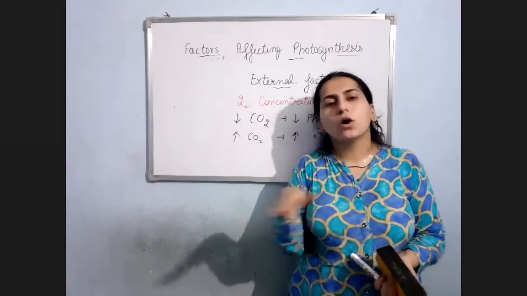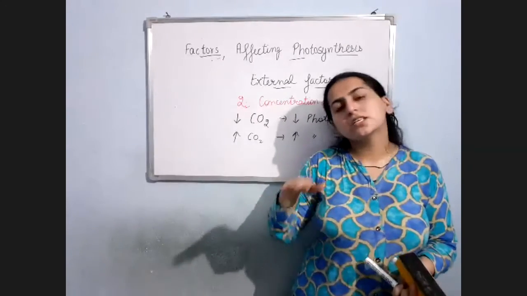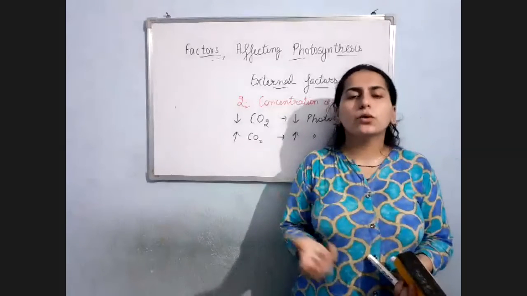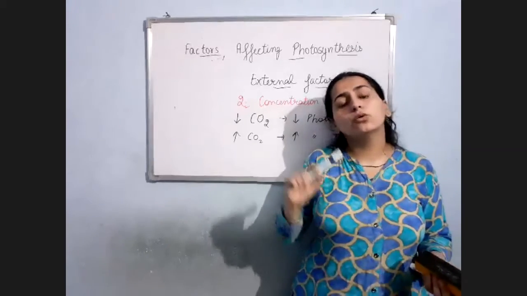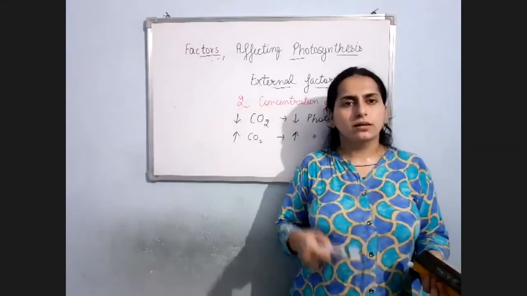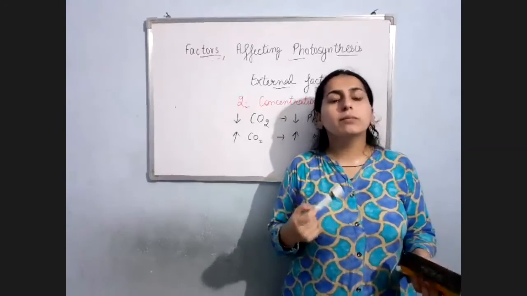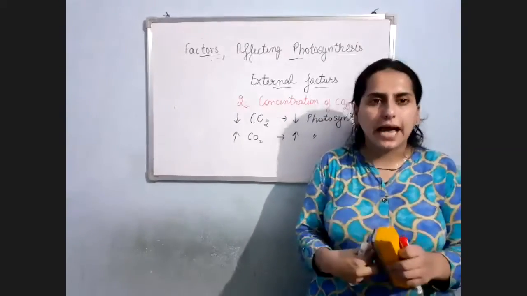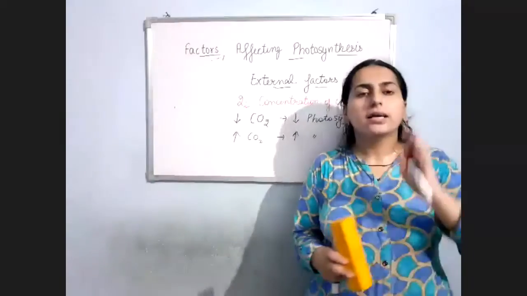That point is the optimum level. If CO2 is up to 0.05%, yes, it is healthy plant photosynthesis. But if CO2 goes much beyond that level, now what will happen? It will be a toxic substance. It will act as a toxic substance to the plant. Excess of